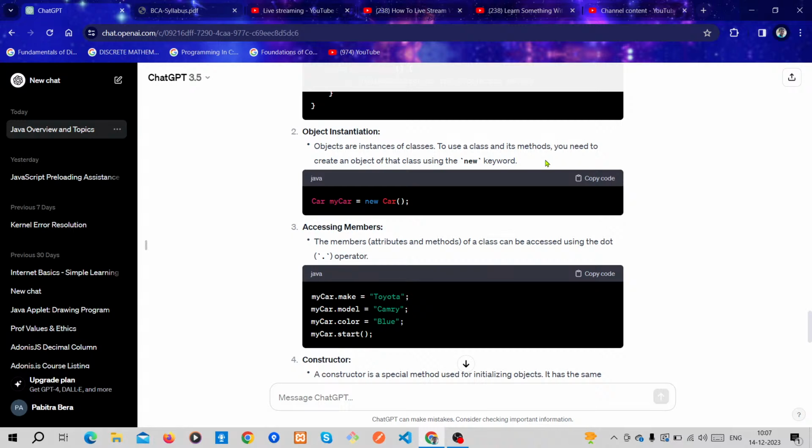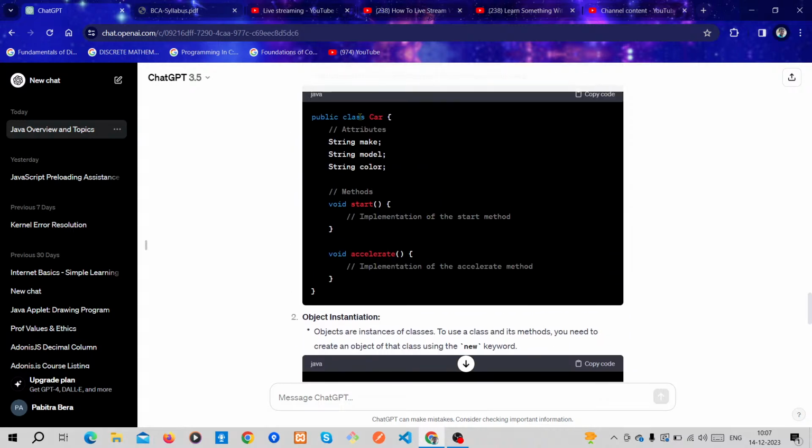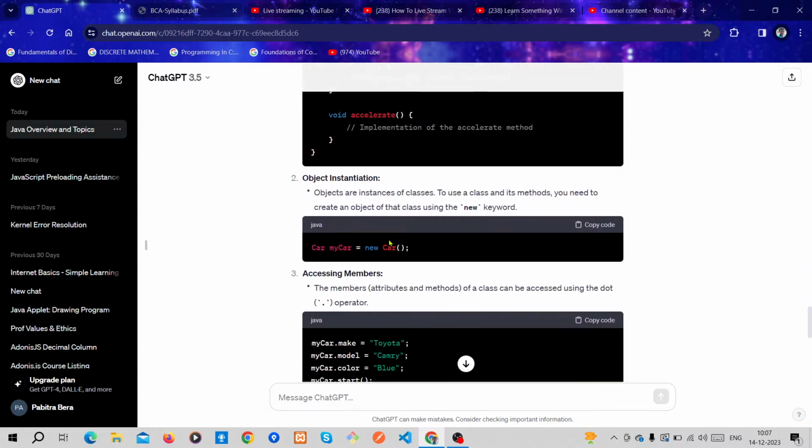We can create the class object using the new keyword, and car is the constructor name, which will be the same as the class name. The constructor name is the same as the class name, and a constructor doesn't have any kind of return type.